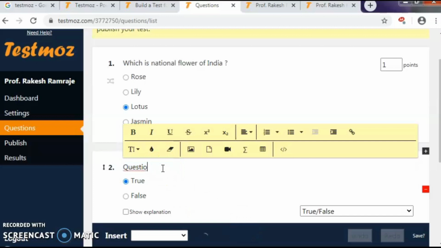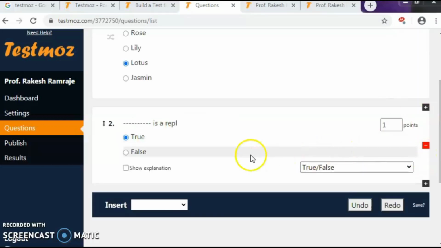That question is just like true or false. Question number 2. Here I am taking the second question, which is true or false. Just see, here I am first taking fill in the blanks and then typing another question. That means I am making a mistake.